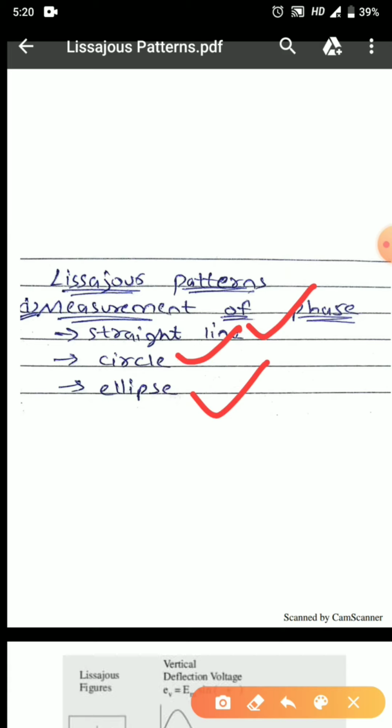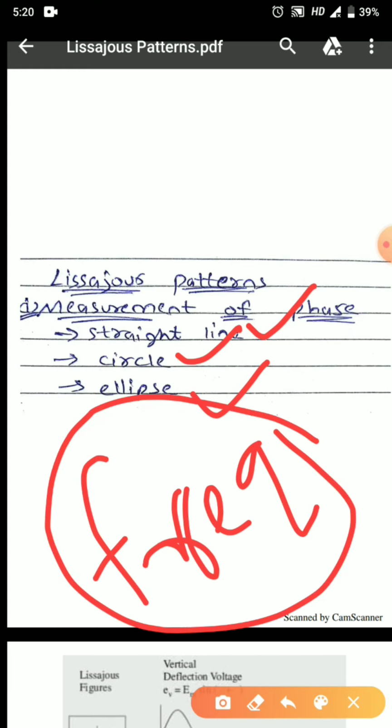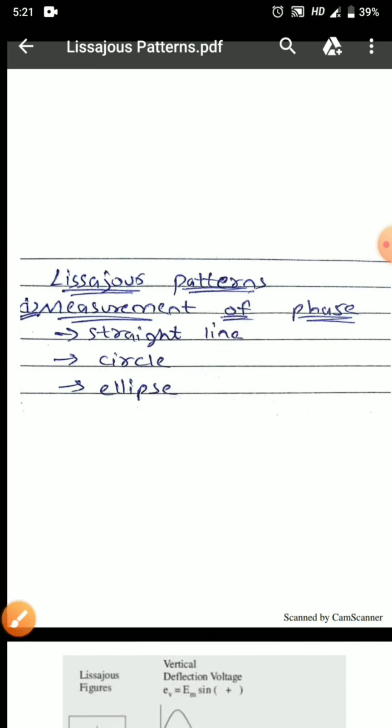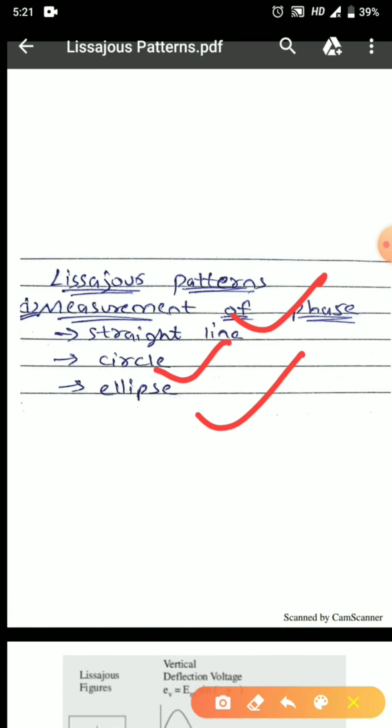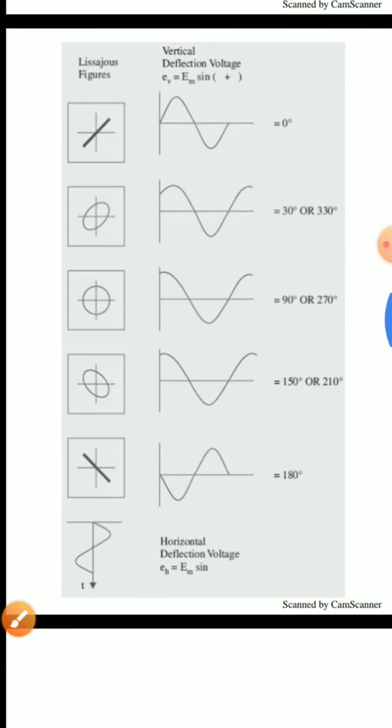Now for the measurement of phase, one thing that we have to keep in mind is that the frequency of the signal applied to both the plates should always be equal. The magnitude value or the amplitude value can be different, but the frequency value always has to stay the same. If the frequency value is not staying the same, we will not be getting a Lissajous pattern for the measurement of phase. That is, some other patterns will be formed other than line, circle and ellipse. Some other patterns will be formed, and we cannot comment on the values of the phase signal.